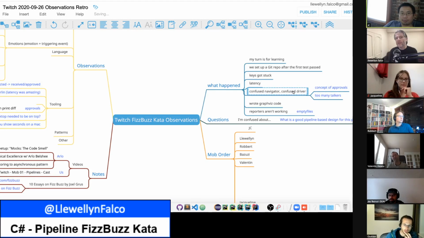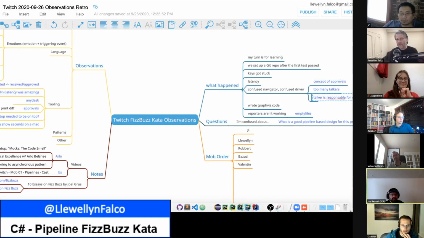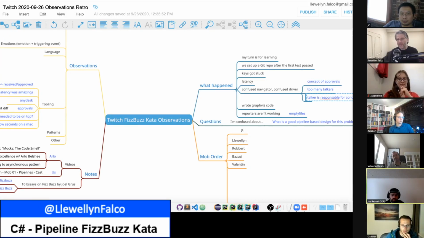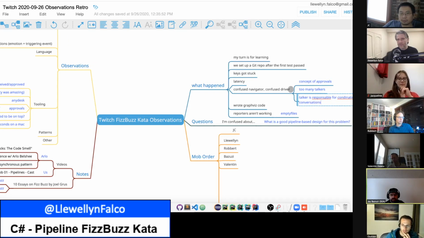I like that concept of a talker. This is something I've seen come up with in-person mobs where everybody is yelling ideas at the same time. But in this context, with audio quality and audio latency, it's harder. Our normal monkey brain tools for navigating a bunch of people talking struggle in this context.